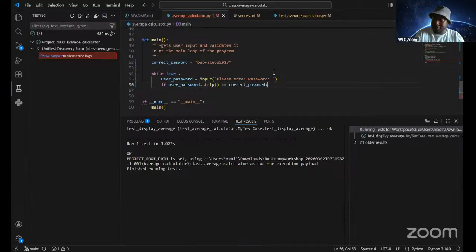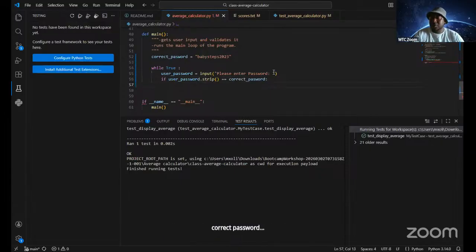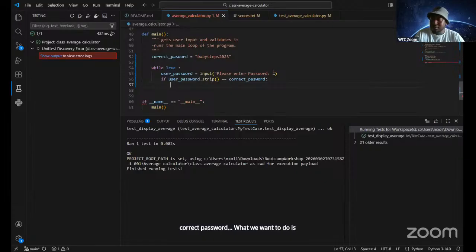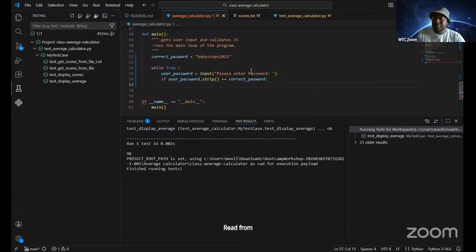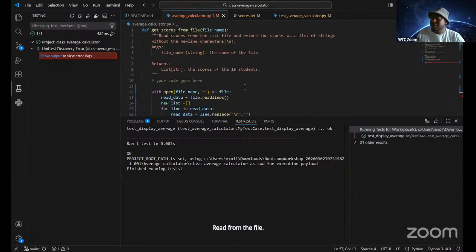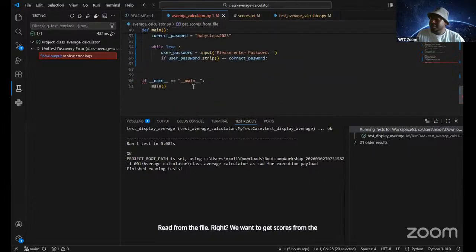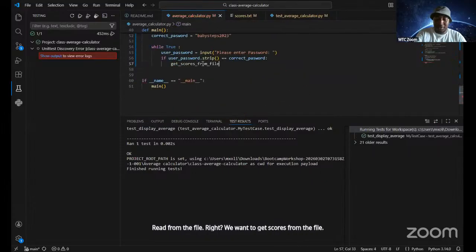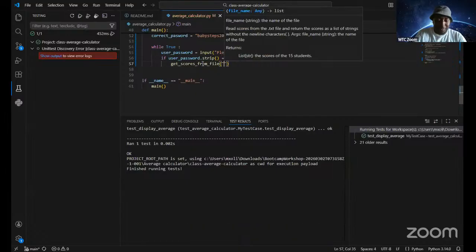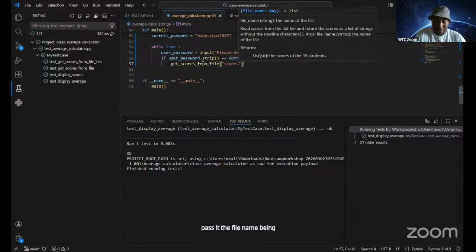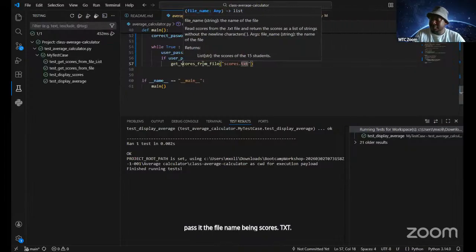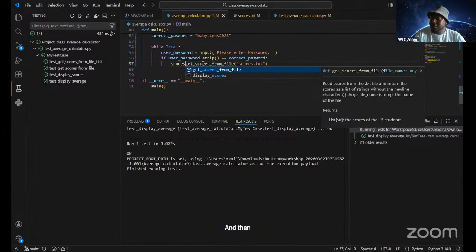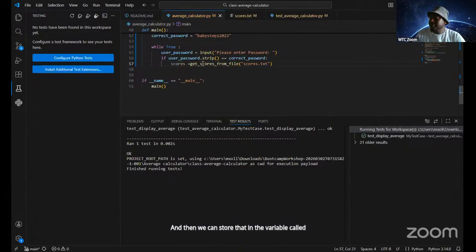correct password, what we want to do is, one, read from the file. We want to get scores from the file, passing it the file name, scores.txt, and then we can store that in the variable called scores.